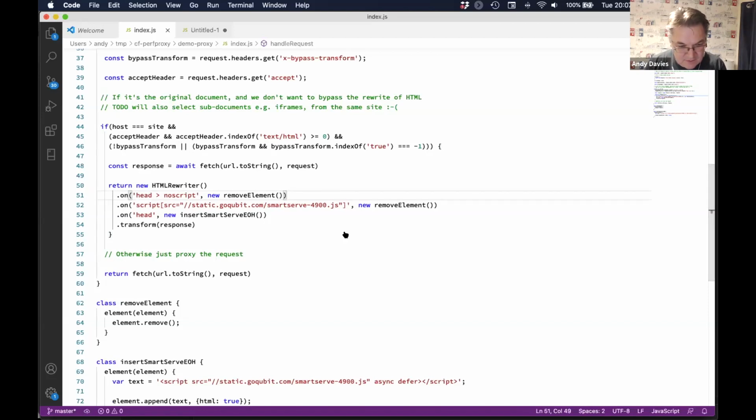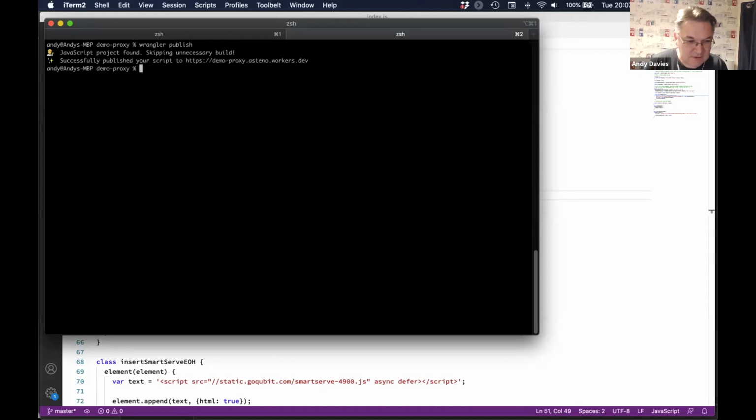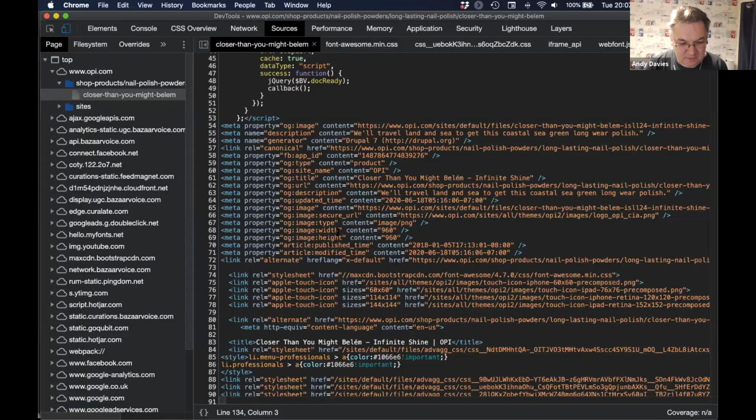And if we save that and then publish it using Wrangler, which is the tool used to wrangle workers. Why it's called Wrangler, I don't know. It gets published, and what we can do is we can go back